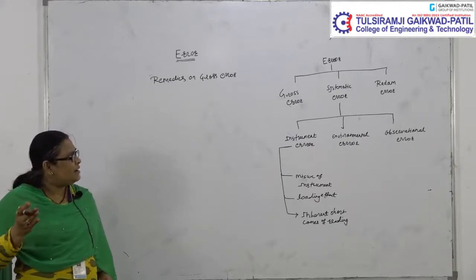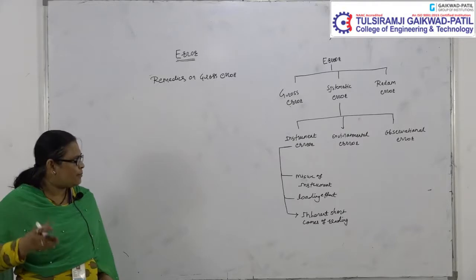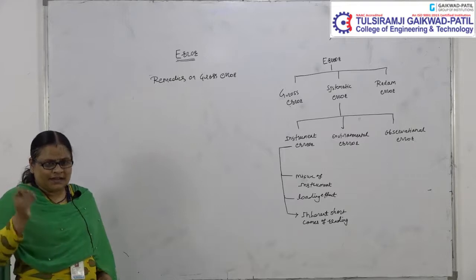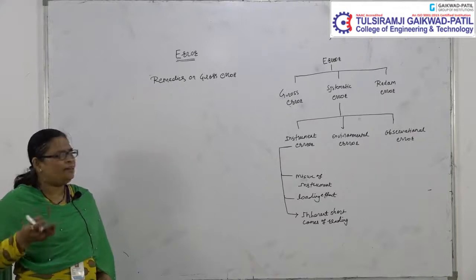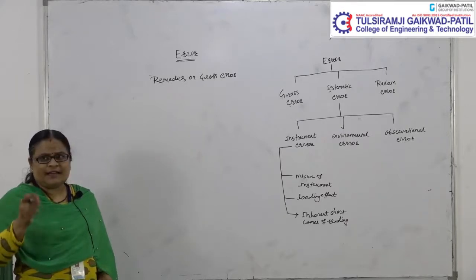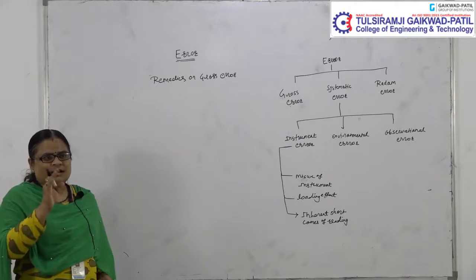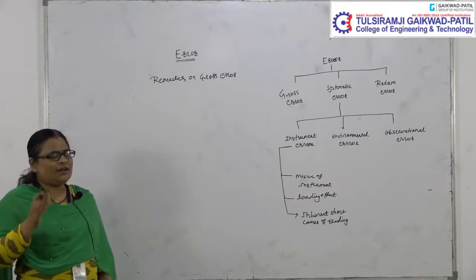Next is the systematic error. These systematic errors can be remedied by handling the instrument in the proper way, by taking the reading in the proper way, and tightening the screw of the instrument in the proper way. In this way the environmental error can also be remedied by taking the reading with respect to the environment. That is, your instrument should be secured from humidity and not kept nearby high temperature. These are the proper methods for remedy of the environmental error.